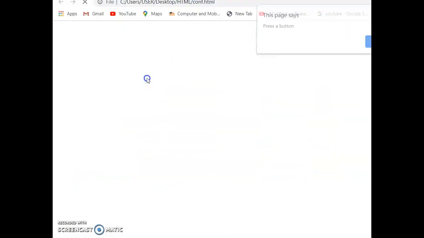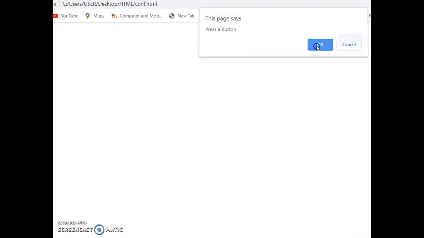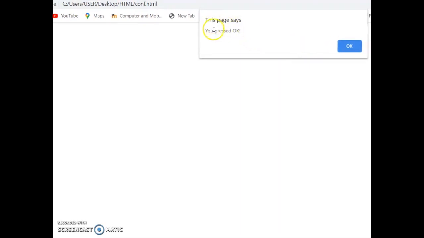This is the output of the confirm box. This page says "Press a button", and we can press OK. If we press OK, then it shows "You pressed OK", because while pressing OK, it will return a true value, and in the code we are checking whether the value is true or false.